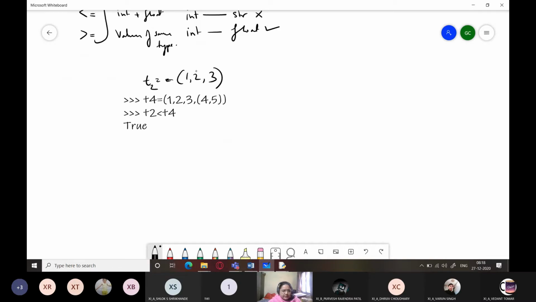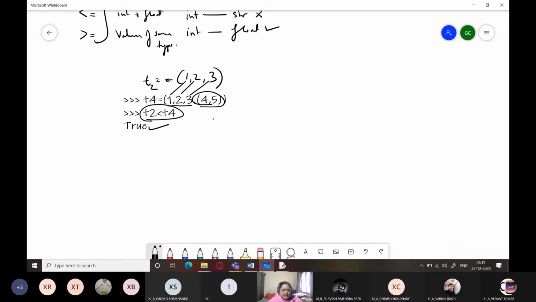So it contained 3 integer values, and here also it has 3 integer values and 1 tuple object over here. But when I'm trying to compare these two, T2 is less than T4, it just checks these values. It finds that these 3 values are equal, and since the number of elements in T4 is more than that in T2, T2 is considered less than T4.